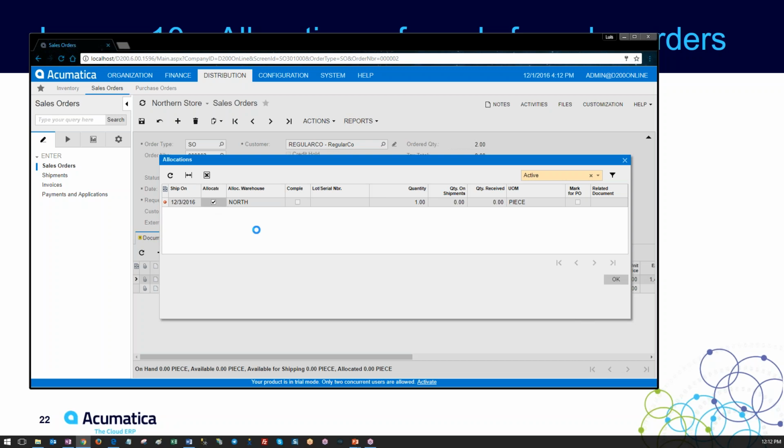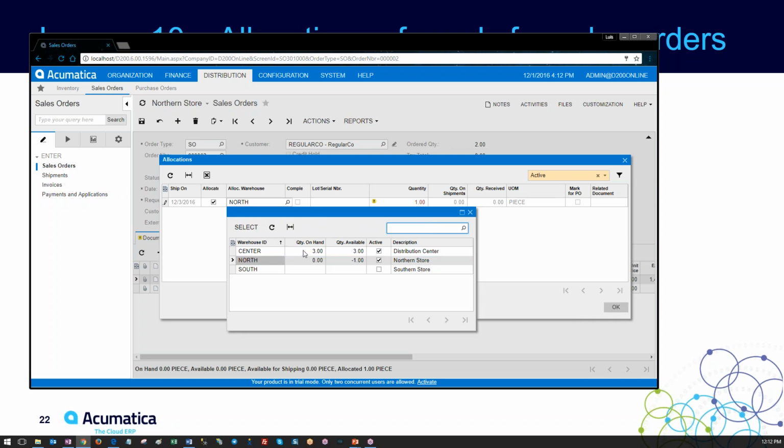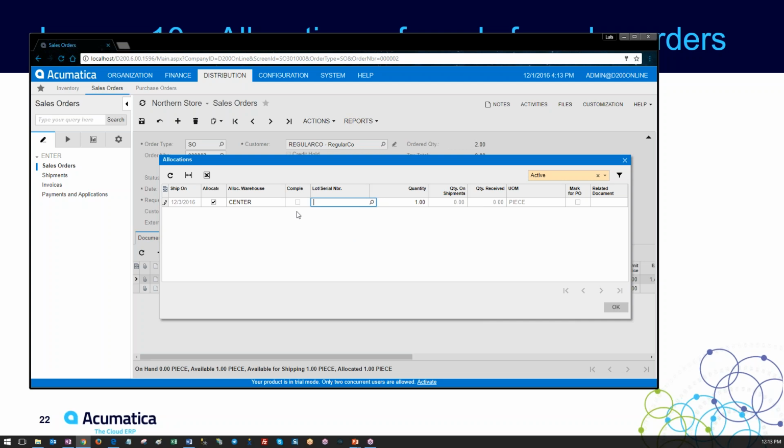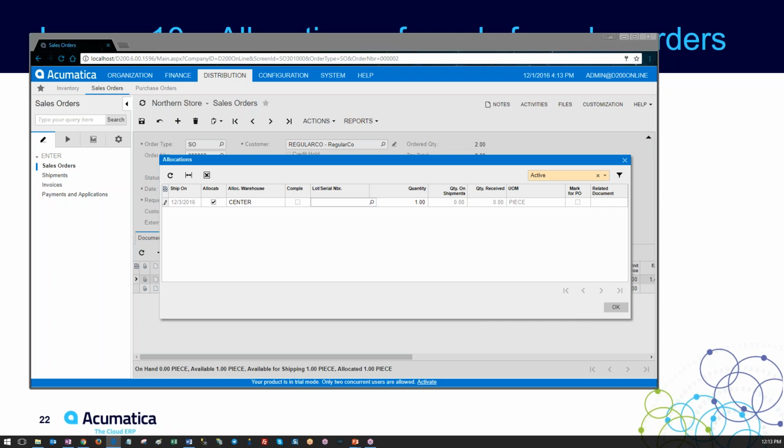Okay, so the first thing we have to do is to check the allocate, and the allocation warehouse is going to be center. You can see we have available and on hand 3 items on the distribution center. So all we have to do is to allocate,